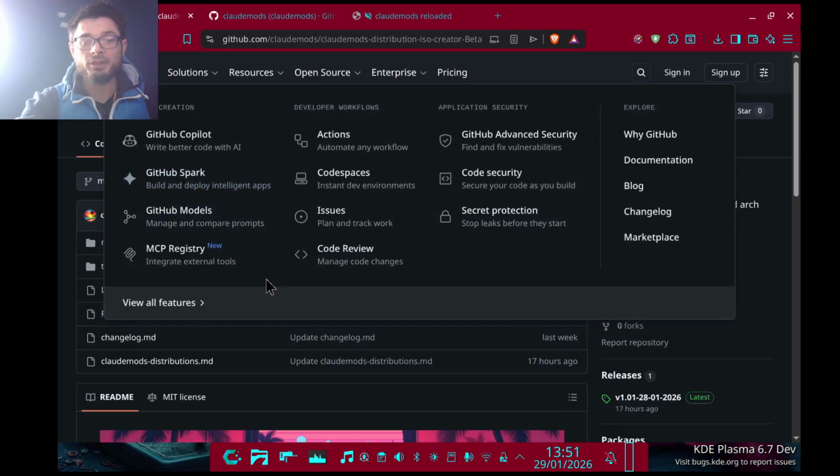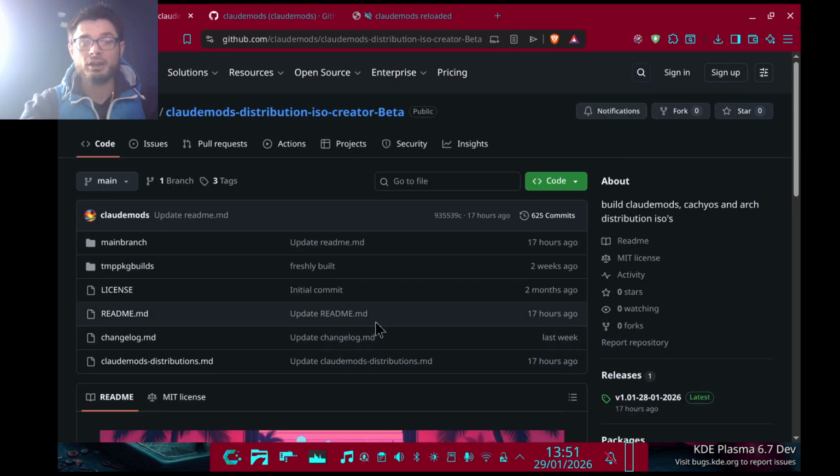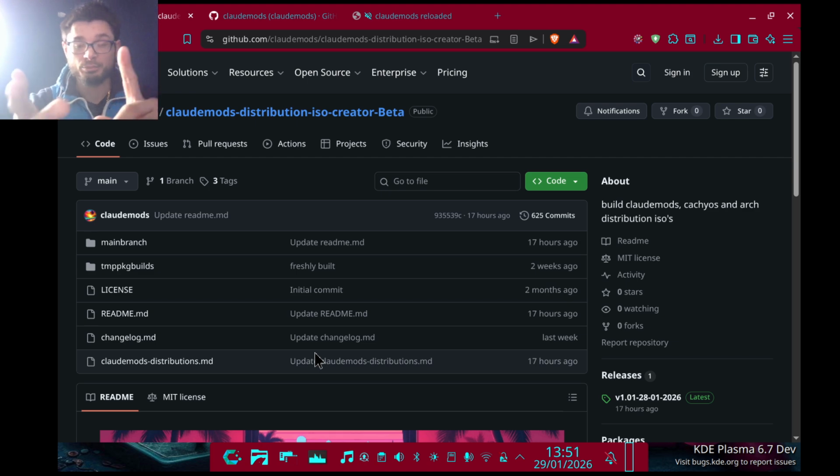And with this script here, it's been 2 months now. I actually started building this around the 1st of December when version 1.0 was released about a week later, 2 weeks later, something around that. I spent night and day building the script up to a standard where it worked perfectly fine for my own distributions, cachyos as well as Arch. Now obviously with cachyos and Arch there is only certain features that I do provide, whereas obviously my distributions as a whole,